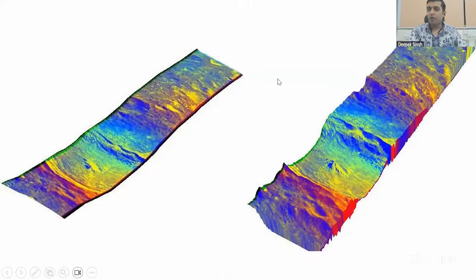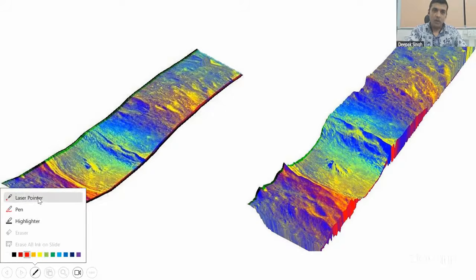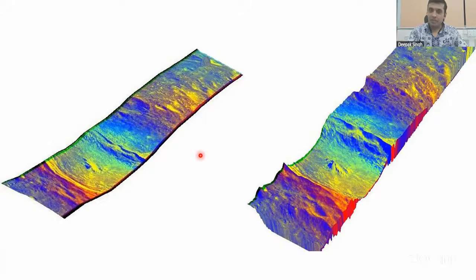So on the left-hand side, what you're seeing is the mineralogical map of the Tycho crater on the moon. So this is the Tycho crater at the center. I'll get the pointer. So this is from an older NASA mission, actually Clementine, if I'm correct. And the right-hand side is the image which I generated using our Chandrayaan mission. As you can see, you can compare these two images and clearly tell how beautiful this right-hand side image is, how much more information we are getting, and how detailed it is. You see this part, here it is almost flat, right? But on the right-hand side it is way more detailed. So that is what we have achieved with the Chandrayaan 1 mission. So this was very good at that time.